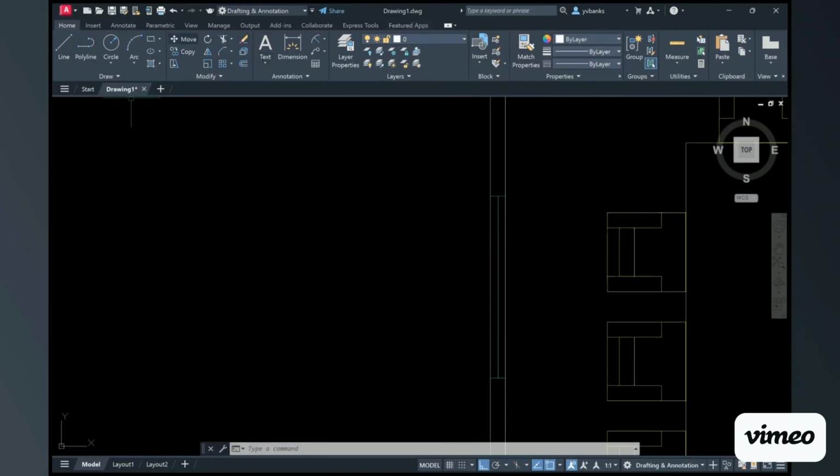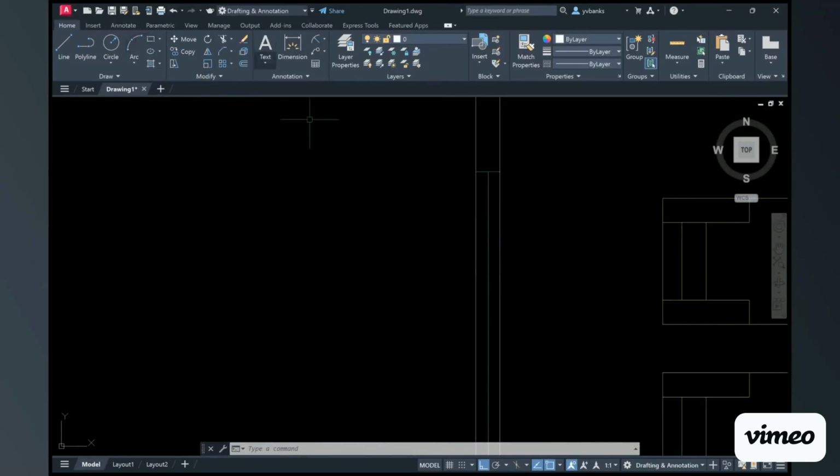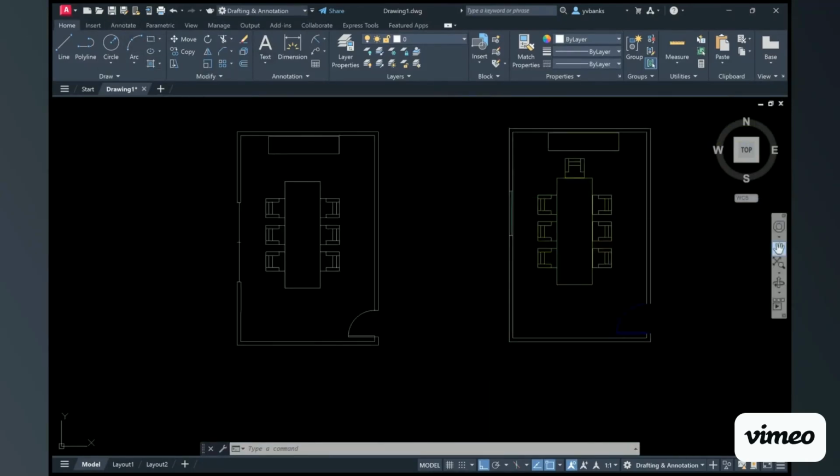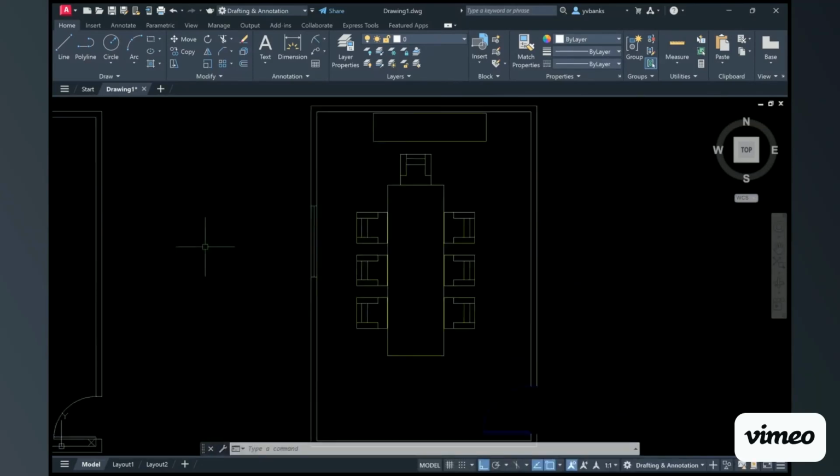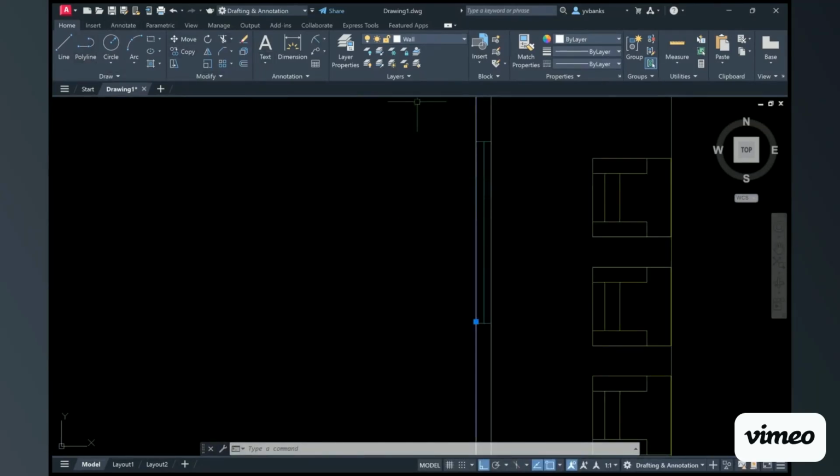Once you're all set with that, it is okay to go ahead and trim off, if you like, a portion of your window, or you can leave it on the wall piece that goes through it. Actually, I'm going to do it for the whole thing here. I'm going to use my line, or actually my rectangle, to just simply create myself another rectangle on top and put this on the window layer,